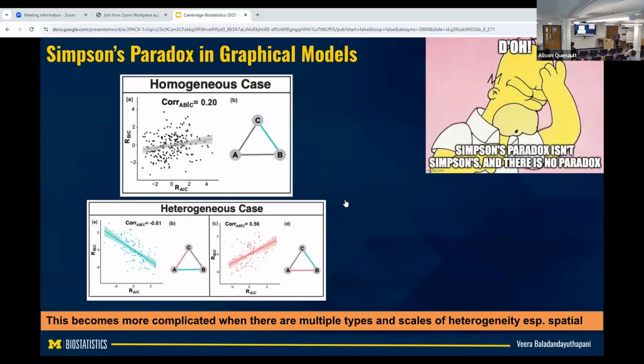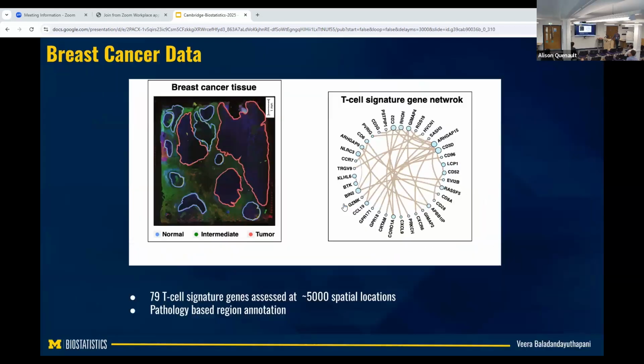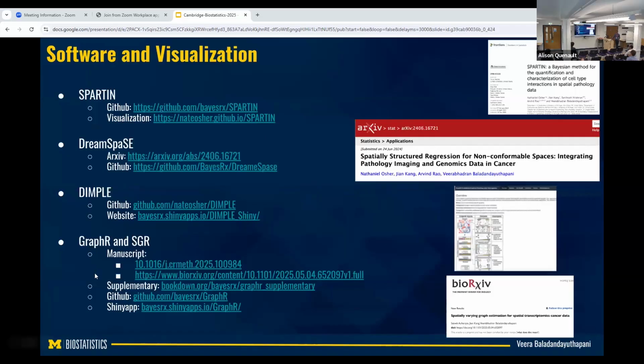I'm over time, so I'll skip this one. A lot of this, actually for the last one, the spatial multiplex one, we have a GitHub website. All of these have software freely available. But this one actually has a Shiny app where the previous lung data is already provided, and anybody can upload their images and run the analysis. It's running on a POSIX server, and it can run in distance space because it's very simple. It's just 2D kernel smoothing and computing Jensen-Shannon divergence. So it can be done in parallel.